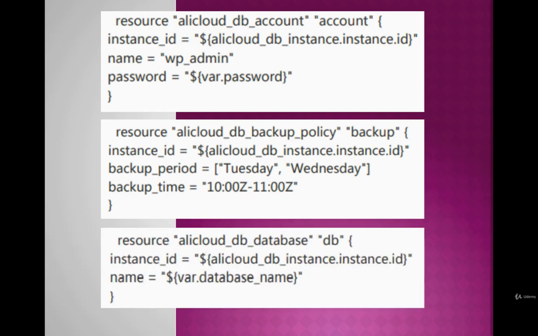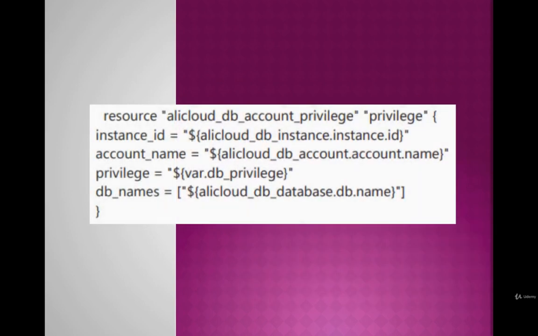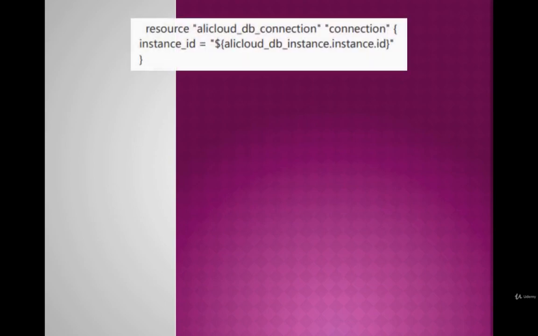Database is this, the last one on the screen, and database privilege, which is read and write, is as you see on the screen now. Finally, and the last one here, database connection string is this.